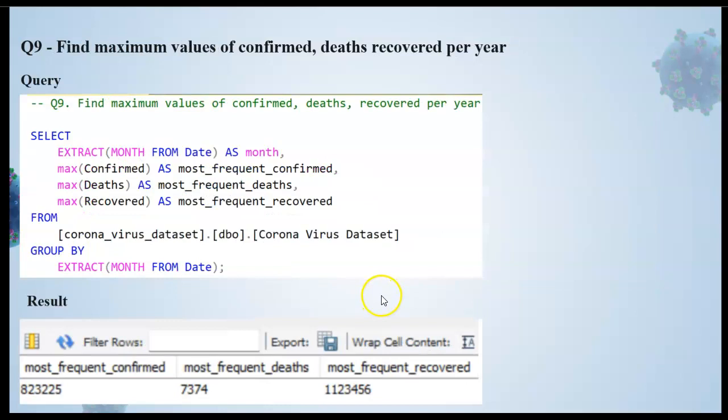And then question 9, find the maximum value for confirmed, death, recovered per year. This question is the same as question 8, but we just need to use the max function for the maximum value, and we got this result: most frequent confirmed, most frequent deaths and most frequent recovered.